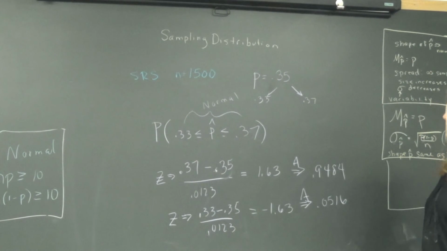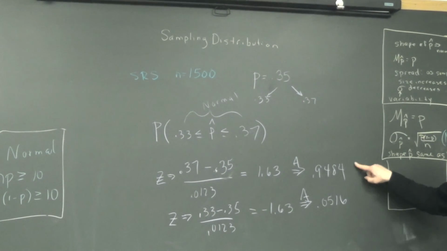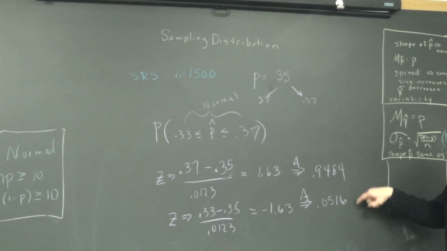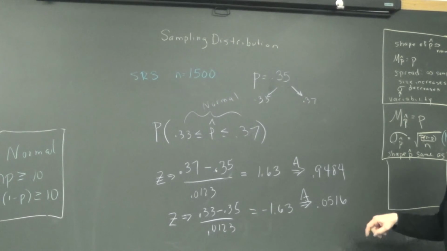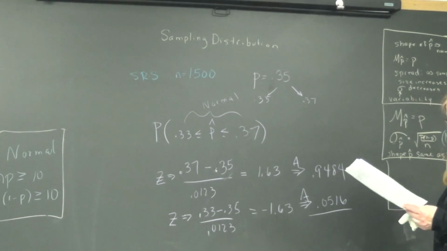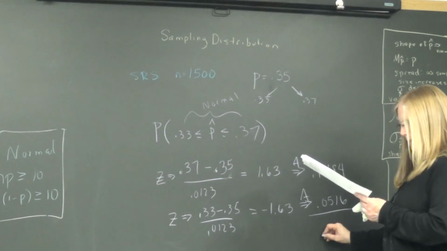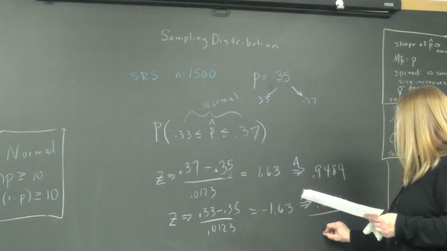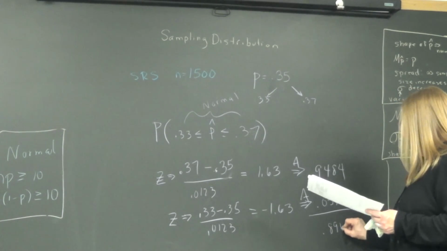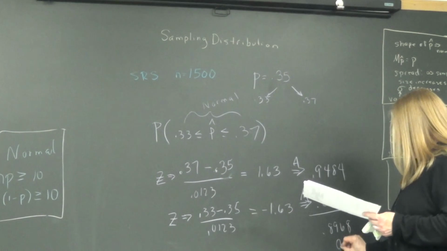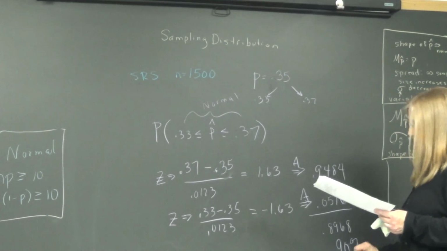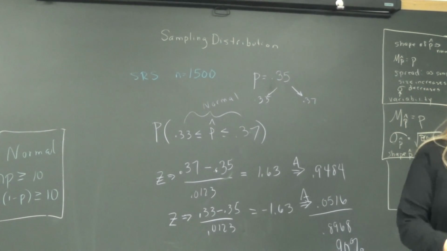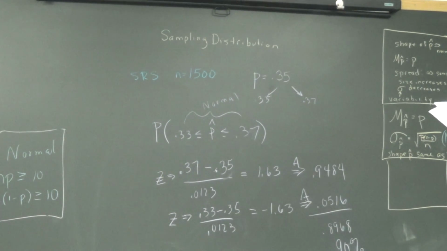All right, so what do I do with these two numbers as statisticians? Subtract them. 0.9484 minus 0.0516 is 0.8968. So we have decided that about 90% of all the SRSs of size 1500 will have